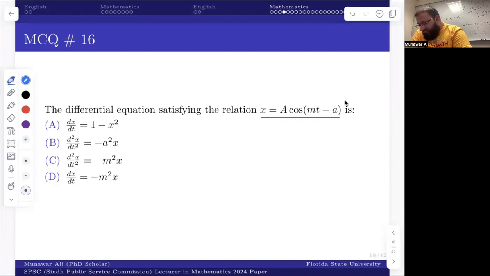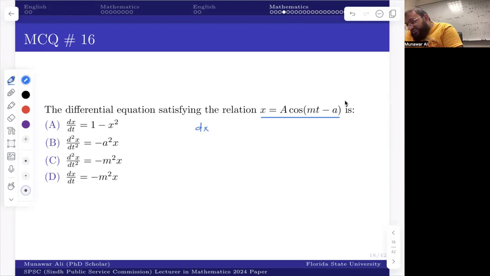So what I am going to do is, to derive a differential equation, you have to eliminate the arbitrary constants. Since nothing is given to us, what is a constant? A is a constant here, M is a constant here, a is a constant here. So there are three different constants that we have. But when we look at the context, here M is the mass attached to some sort of a spring or something else. So M is not an arbitrary constant. M is a constant which is given to you. But we have to eliminate the big A and the small a, I think. Yeah, so let's see what happens.